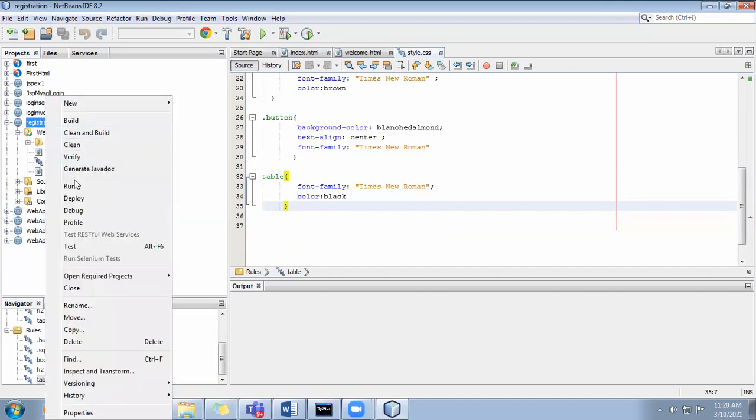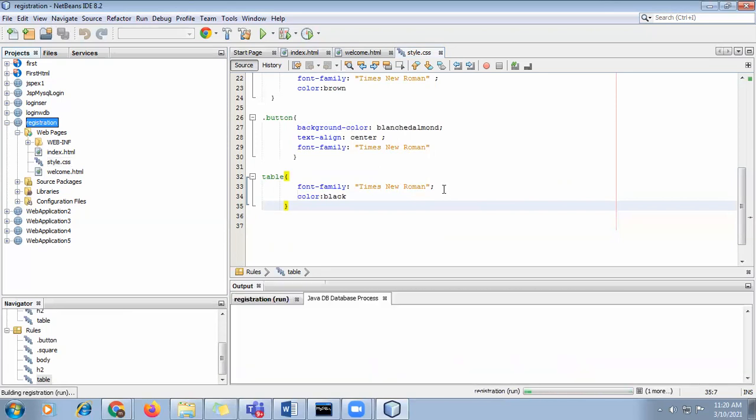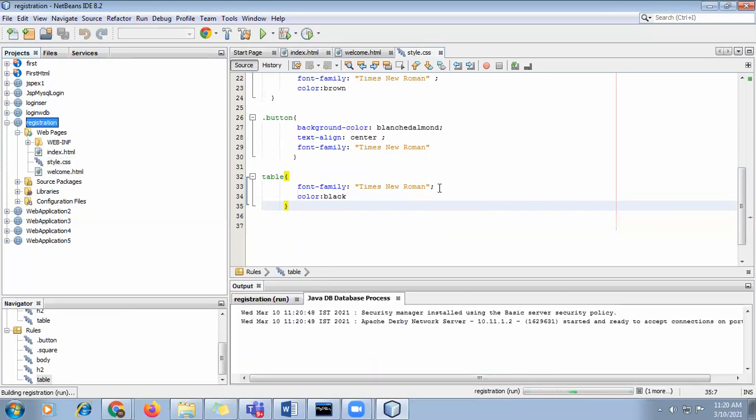Simply run that program. So right click, run the program. It will open it in the browser.